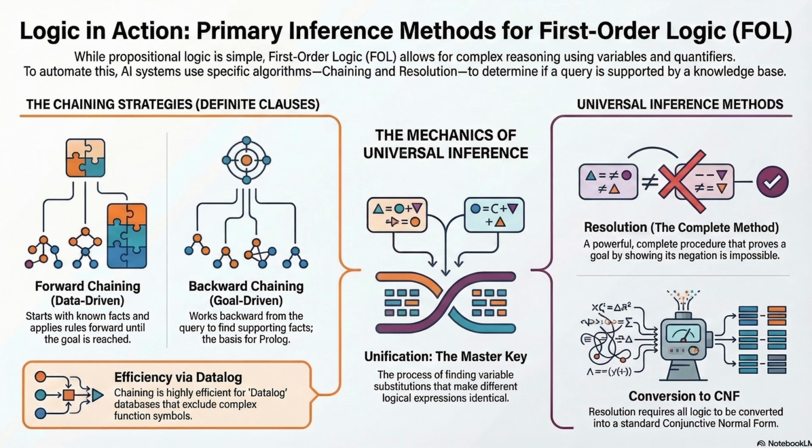Well, here's the fascinating theoretical twist. There is a famous theorem from 1930 called Herbrand's theorem. Jacques Herbrand proved that if a sentence is actually true, if the answer to your query is yes, then there is a finite proof. Wait, I thought you said the list of sentences was infinite. The list of possible sentences is infinite, but Herbrand says that if a proof exists, it will be found in a finite subset of that list. So you don't need to generate all of them at once. You just need to generate the first layer, check for a proof, then generate the second layer, check for a proof. Okay, so we just keep digging deeper layer by layer until we find the answer?